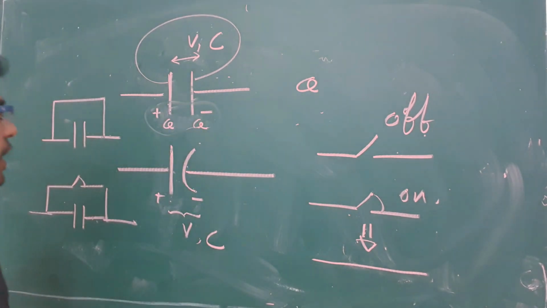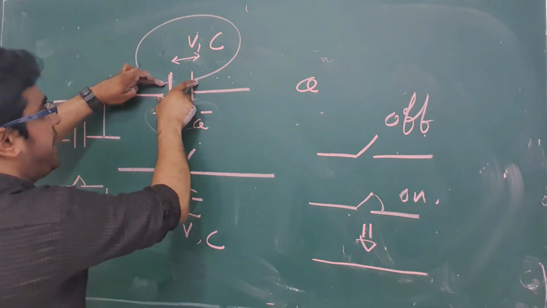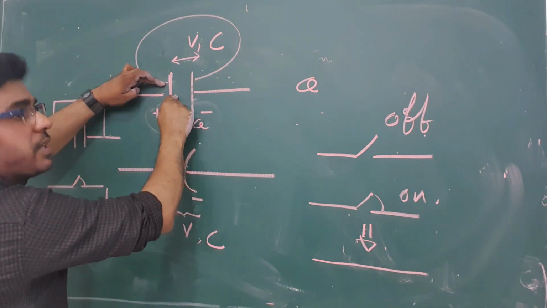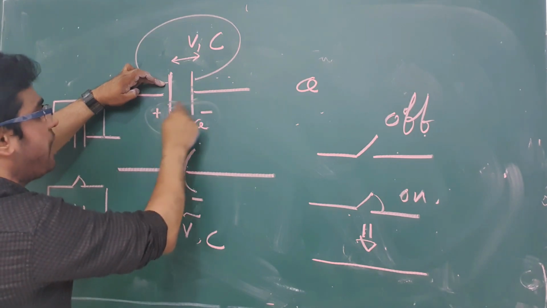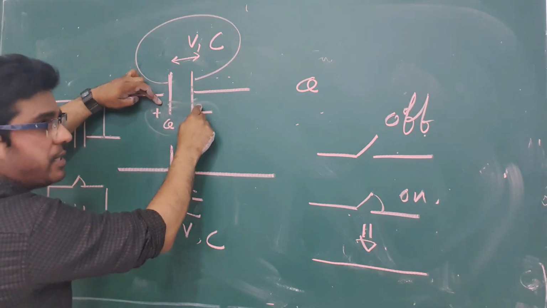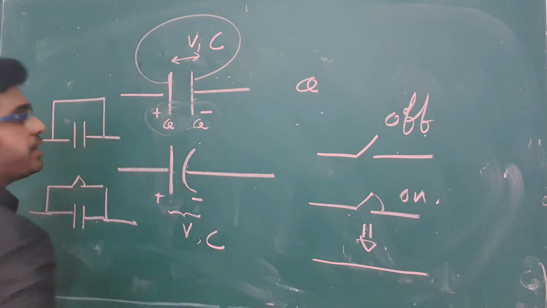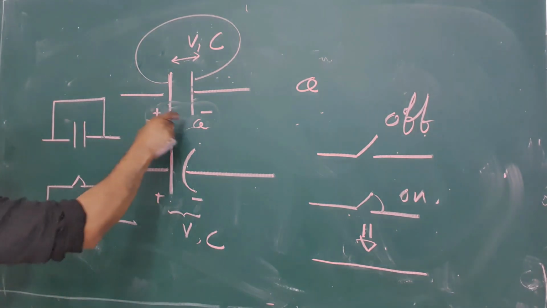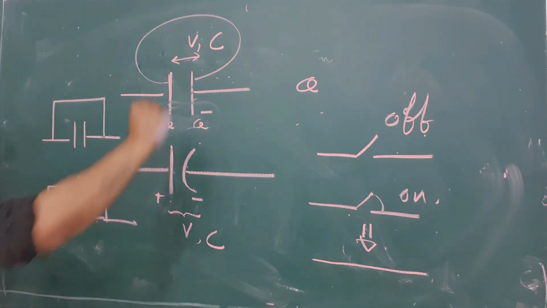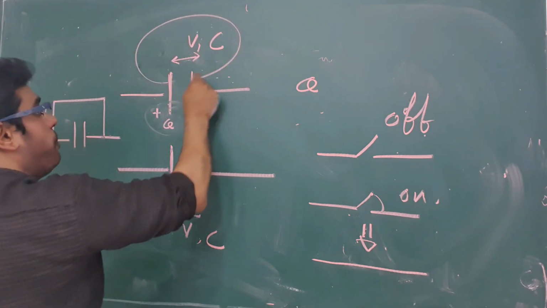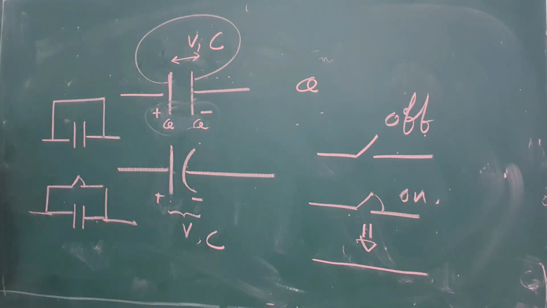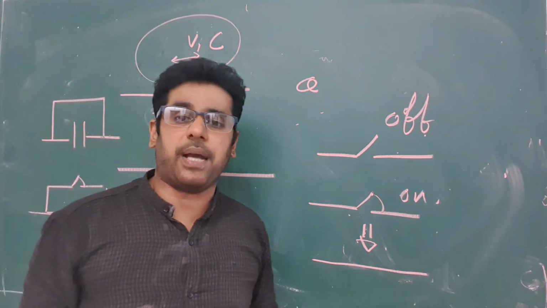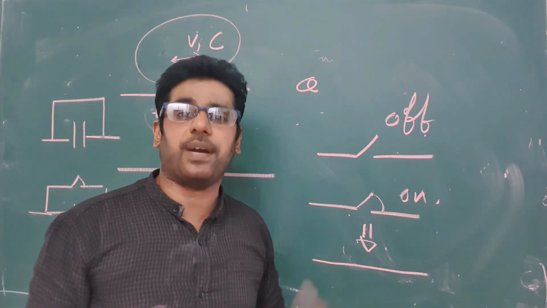But if you don't connect these two plates, in the middle of them there is a dielectric medium, so they can't connect with each other. At that time it has a voltage difference and it remains plus Q and minus Q. But when you connect these two plates by using a conducting wire, the total charge becomes 0. At that time our capacitor breaks down, or otherwise burns.